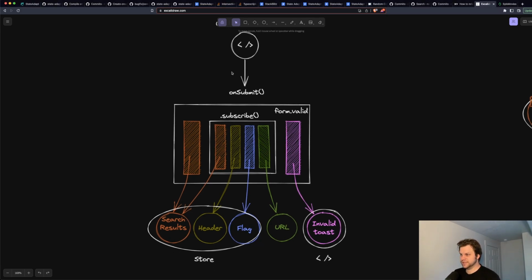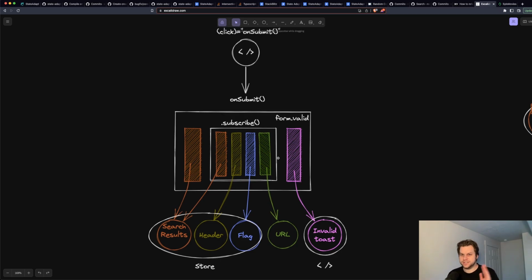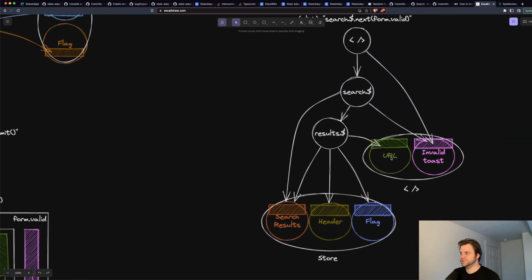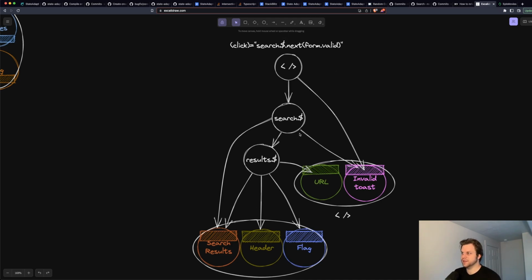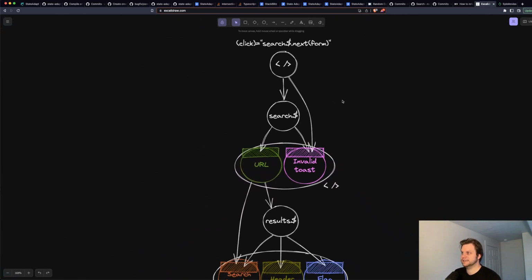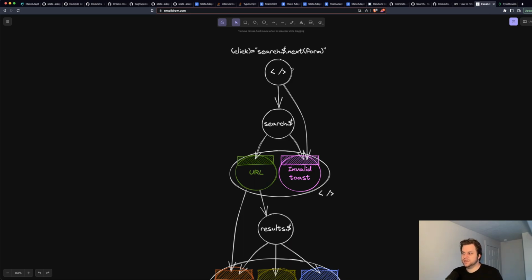Okay, so with this, remember, the goal was to make a single change per event, and then have everything be downstream that can be downstream. So what I changed it to, this was my first idea: I'll make a subject, and it can change a bunch of things, but there's this intermediate observable for search results. And then in the store, these three states will react, and the URL will also react to those results. And anyway, I thought it was going to be like this, but it eventually simplified to this. So the template just makes a single call to search$.next,